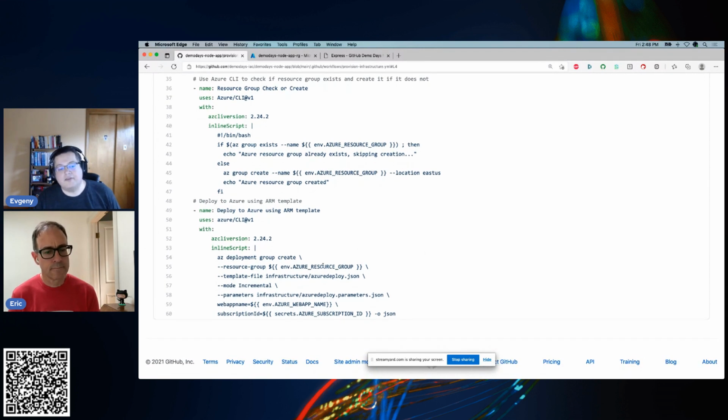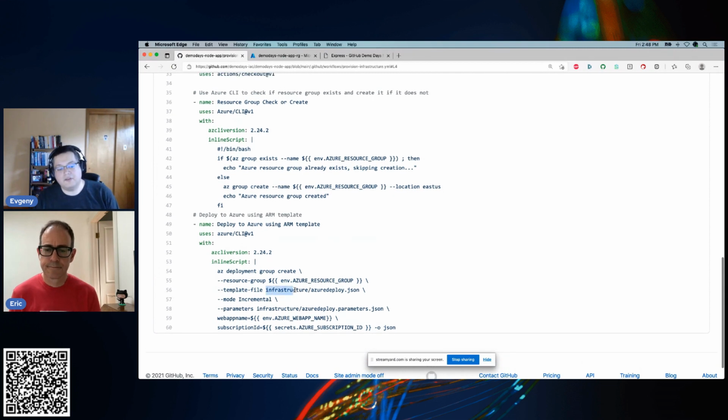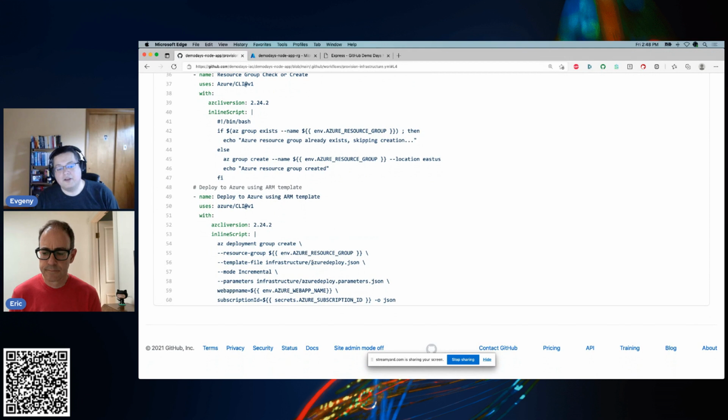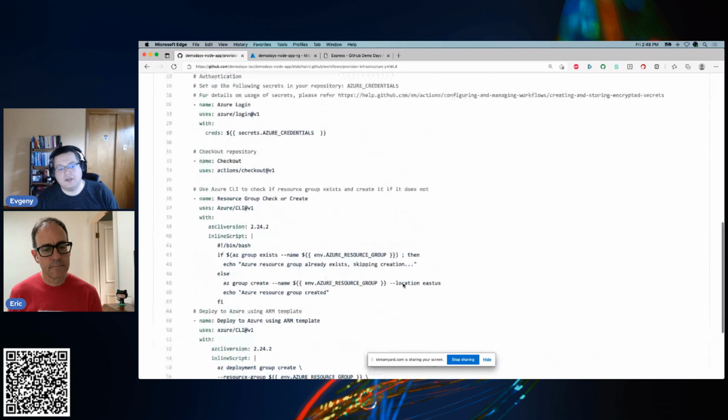And so it'll create a spot for it in the cloud, a place in the cloud. This, by the way, you'll see it is not touching anything related to application code. It keeps referencing this infrastructure directory that we have, our infrastructure JSON files, but it is not actually going through and doing anything with the application directory, right?